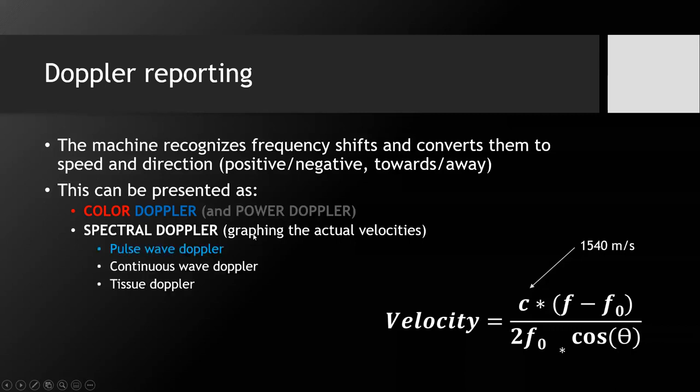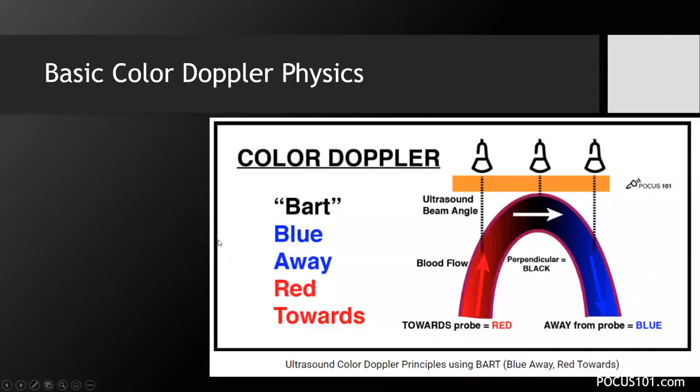And there are a few ways of doing this. There's pulse wave Doppler, continuous wave Doppler, and tissue Doppler. Today we're going to talk about pulse wave Doppler. In our next talk, when we start talking about TR and RVSP, which I strategically removed from this talk because I realized it was way too much, we're going to be talking about continuous wave Doppler. But today we're talking about pulse wave Doppler. And the major difference here is, before we go on,